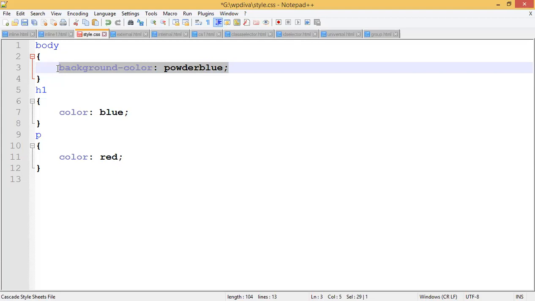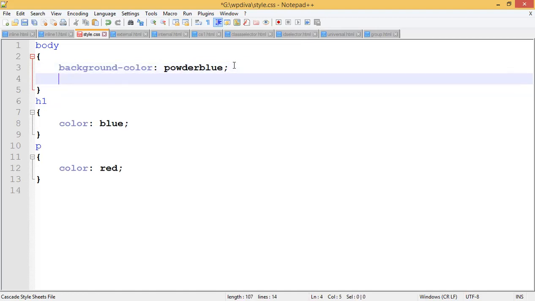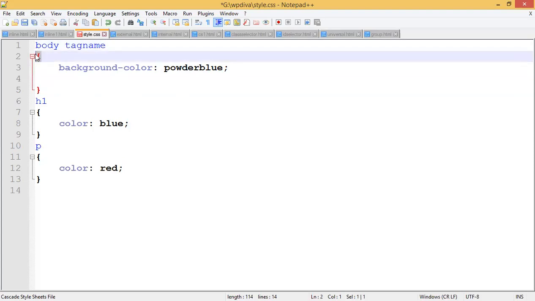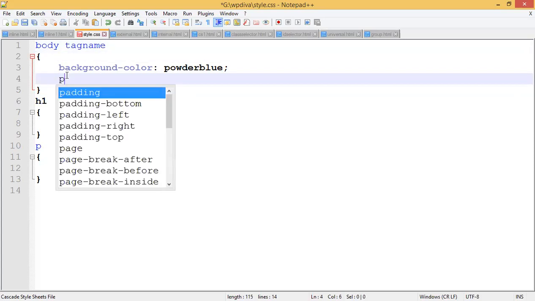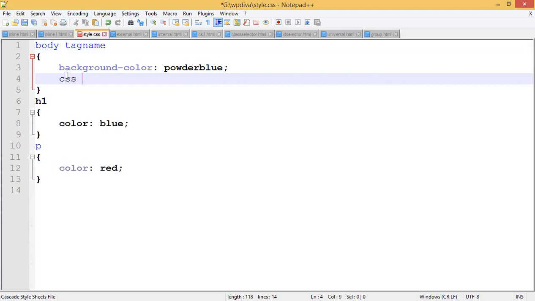Okay. If these properties are not getting applied in the HTML, what does it mean? You failed to write the code correctly. So you have to compulsorily and strictly follow the format. What is the format? First, you take the tag name. What is the tag name? Where you want to apply the properties. After the tag name, what are you doing? You are opening a flower bracket. After opening the flower bracket, what are you writing? You are taking the help of a CSS property. We are going to see those properties in the next class. So CSS property. Then you have to take the symbol.